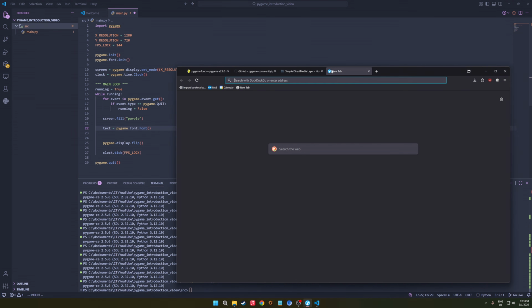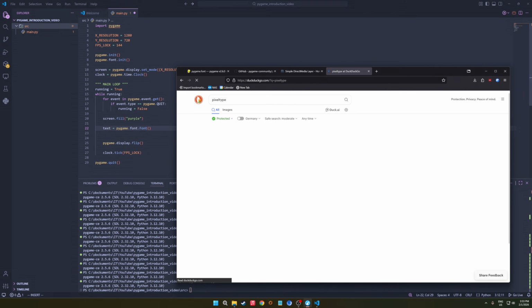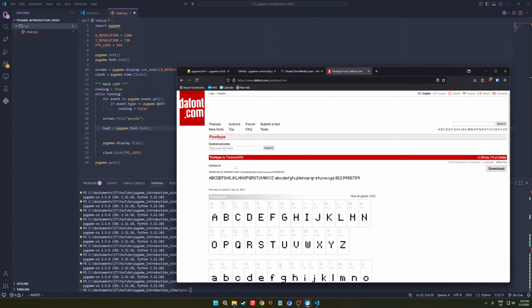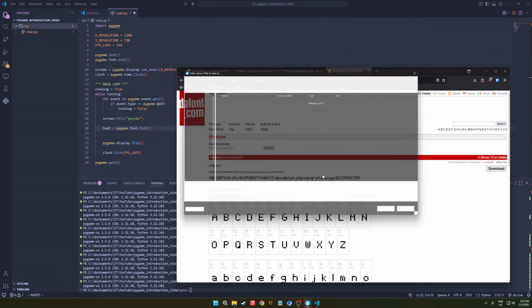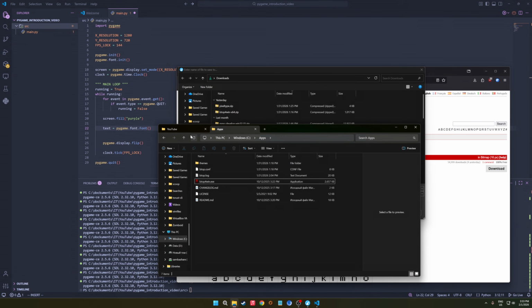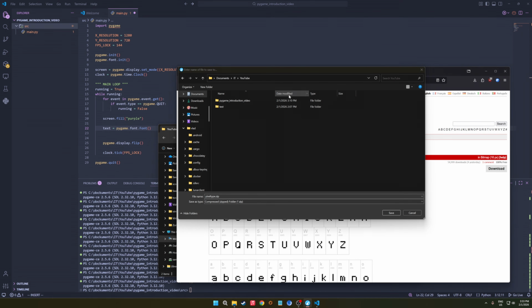Fine, let's go and install any font we want to have. In my case, I will use Pixel Type. It's cool, it looks like Minecraft, so I really like it a lot. Let's download it, and let's go to our folder, PyGame introduction video, and inside source we have here